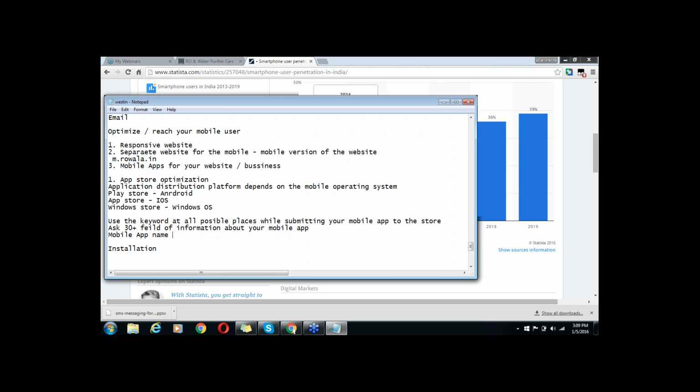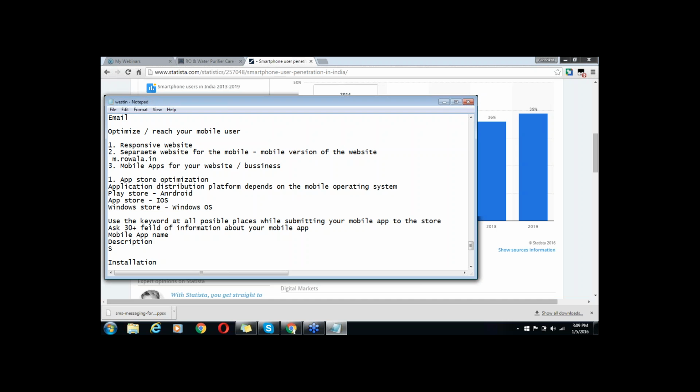When you are naming your mobile app, you can use the right kind of keyword in your app name. What is the name of the app? Like, Find Your Doctors. Doctor is the keyword. Doctor is present in the mobile app name. So you have to use the proper name for your mobile app. Then the descriptions, what you are writing in the descriptions, then the short description.